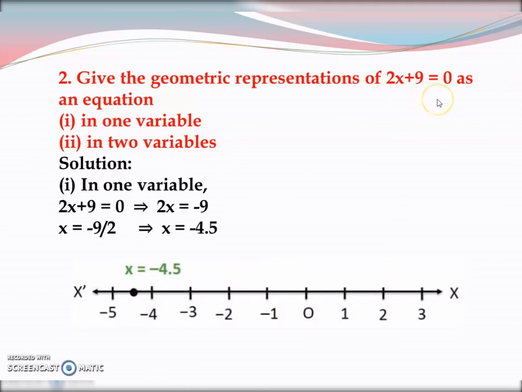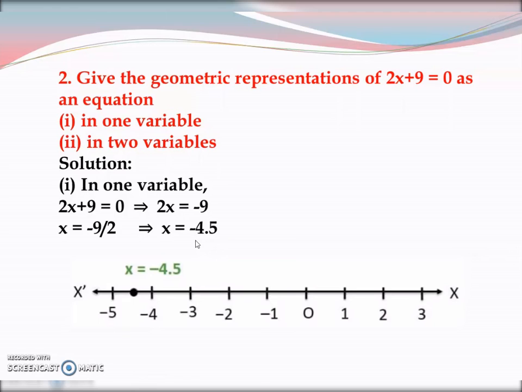That is how you represent it in two variable form. Now 2x plus 9 is equal to 0. Here we have only one variable, that is x. Y variable is not there. So how you will express it in single variable form? You will write it as 2x is equal to minus 9. Just first we are solving and finding the value of x. Because here only one variable is there, you can solve and find one value of x. So x is coming as minus 9 by 2, which if you express it in decimal form, will be minus 4.5.